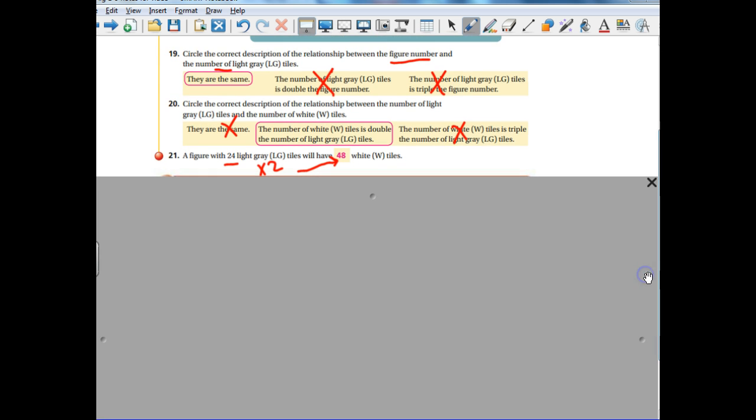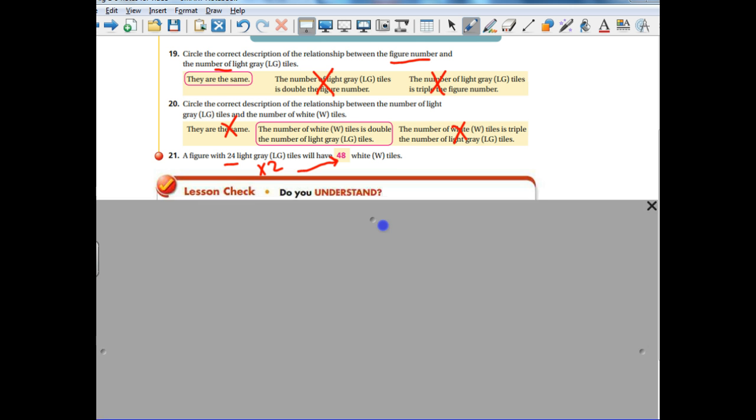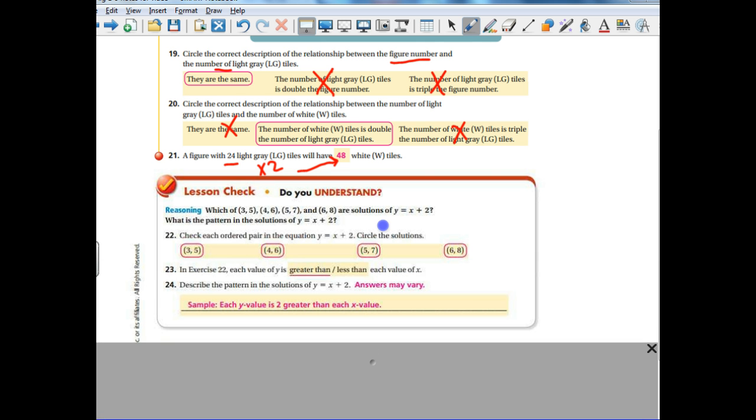If you want to do a real quick lesson check, do you understand? There are the solutions for that, and that's mainly what we're concerned with for this lesson right here. So that's going to wrap up this video. There you go. That's about 10 minutes on the previous video plus about 6 here, so 16 minutes of homework